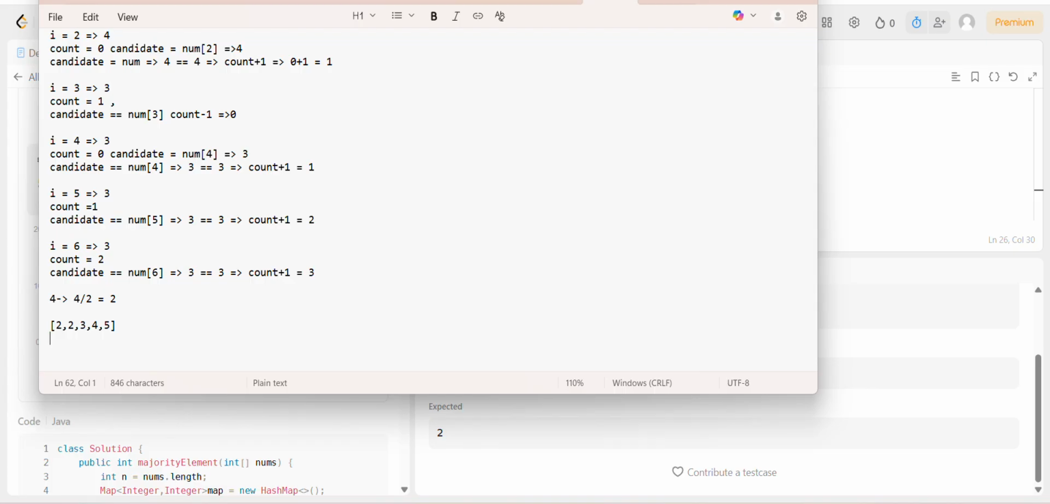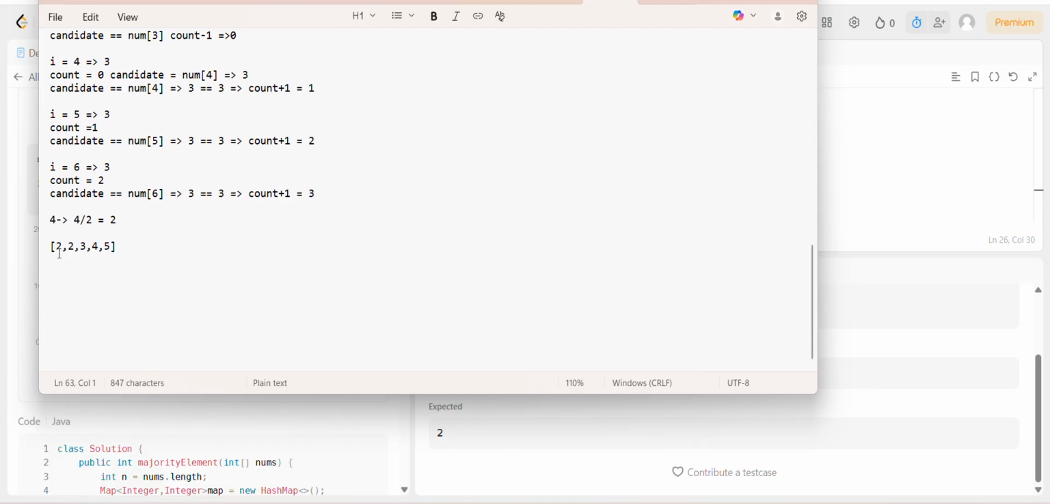Now what I'm going to do is start. The Boyer-Moore algorithm is telling us that the input has to have an element more than n by 2, right? So we are first going to take the candidate first. At first the candidate is going to be 2, right? And the count will be 1. Next, since the candidate and the number are the same, the count is going to increment, which is 2. Next we are coming to 3. Now the candidate is 2 and